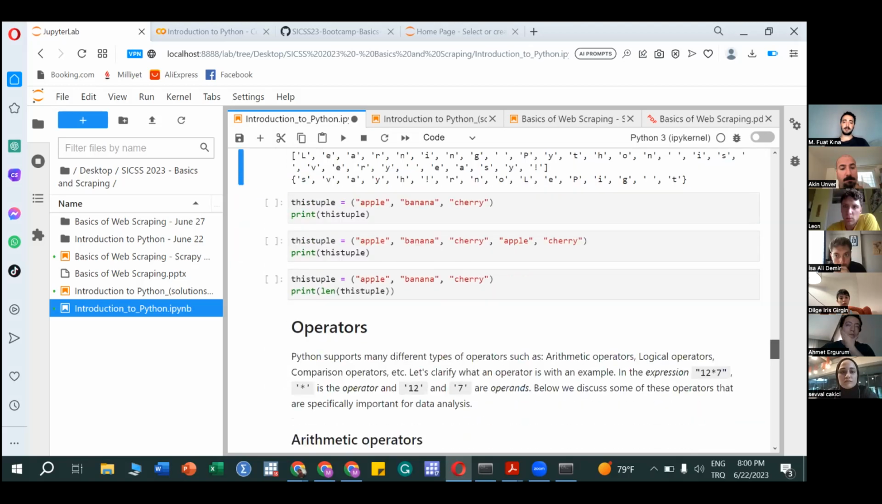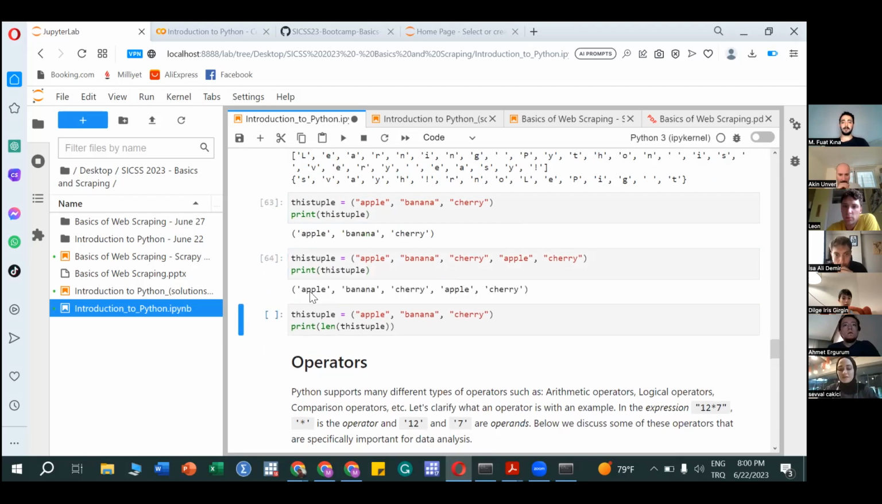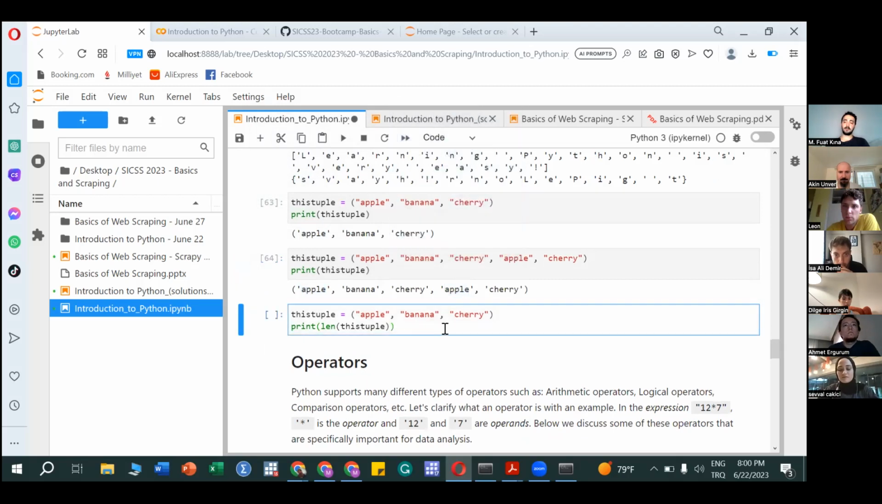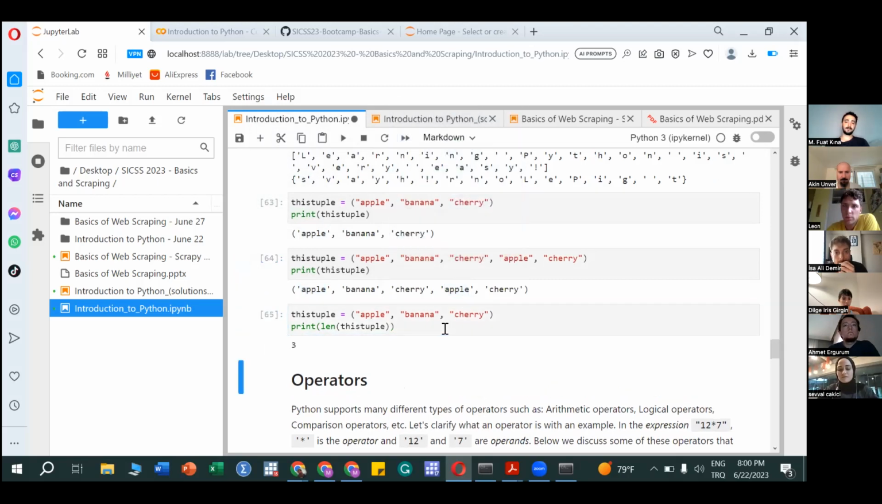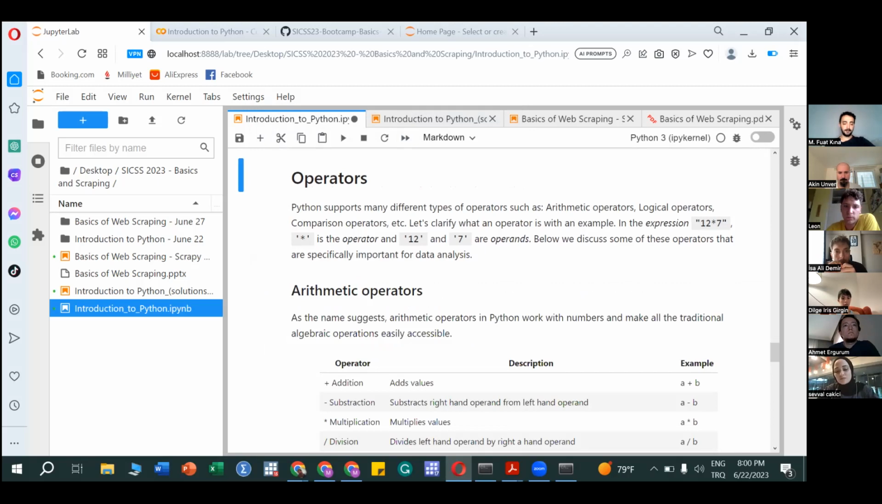And for tuples, the order is very important, and you can't delete or modify these. So here we have a tuple, here we have another tuple, and there are duplicates here, you see. This doesn't spoil tuples, and the length of the tuple is 3 here, we see. There are operators here, or we can